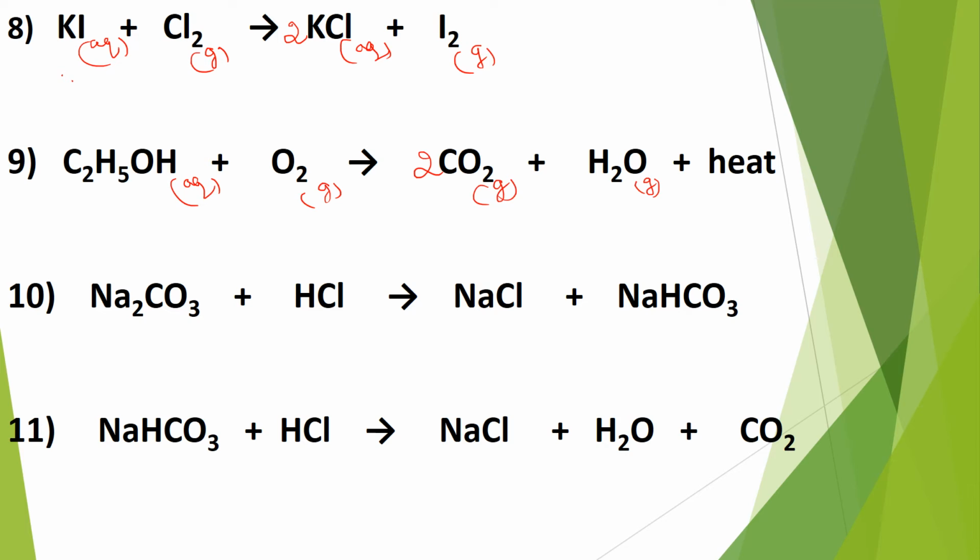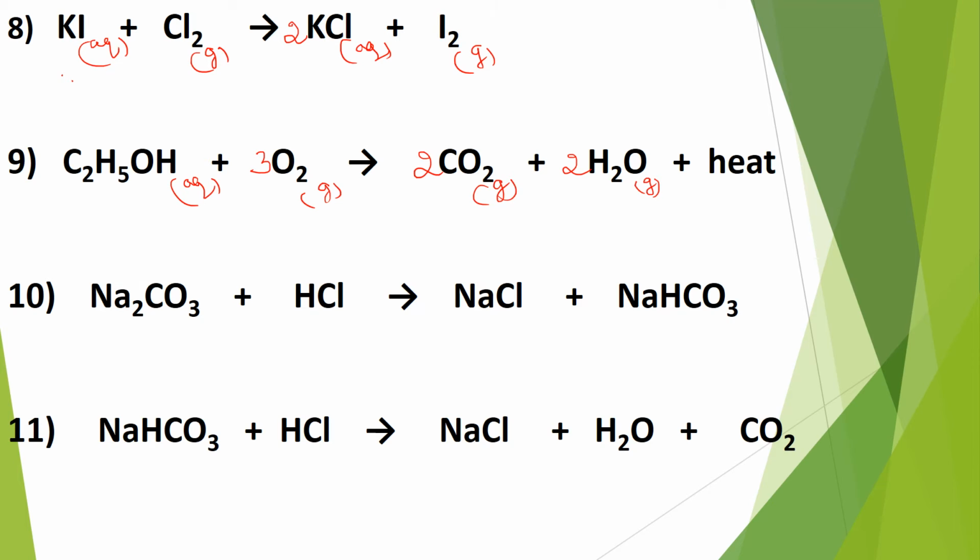Now let us balance the number of oxygen. I told you if the number of oxygen is 3 on the product side and 2 on the reactant side, you need to make it 6 on both the sides. See here, now what do I have to do? 2 into 2, 4. Here also it has to become 2. So it has become 6 on the product side and 6 on the reactant side.